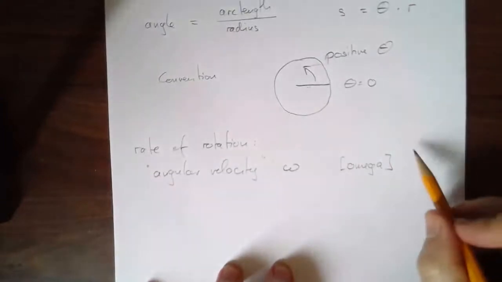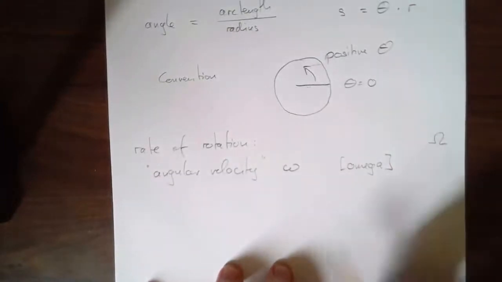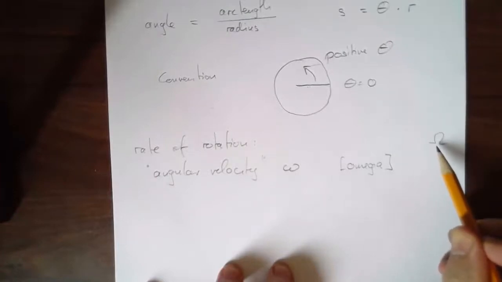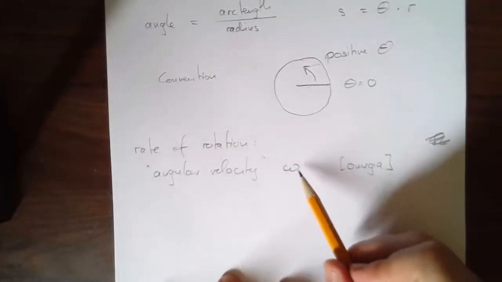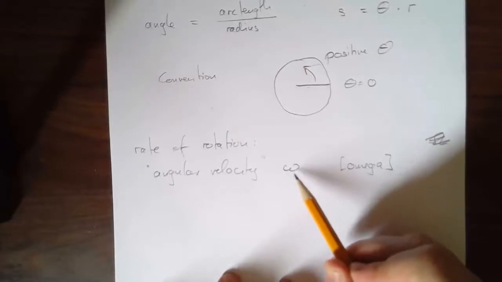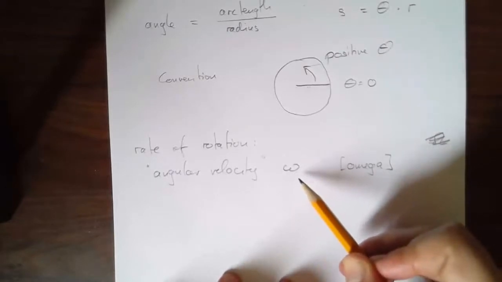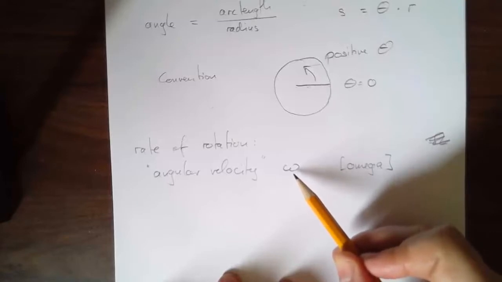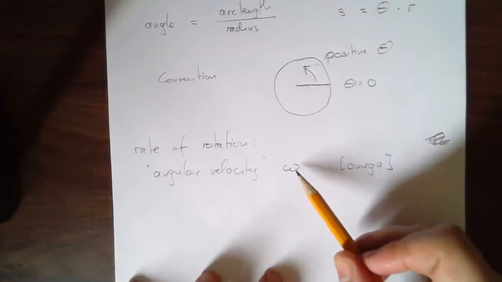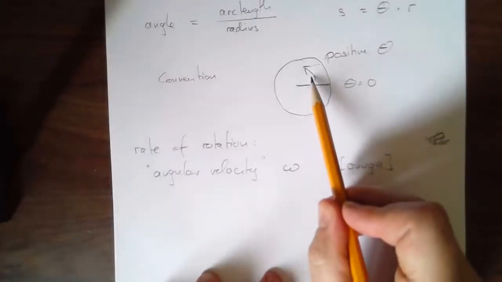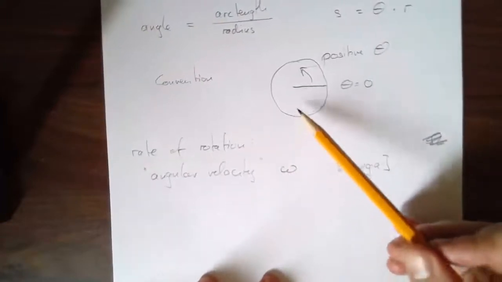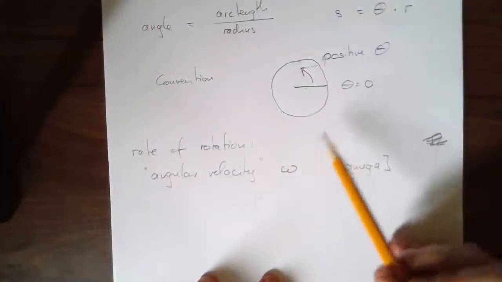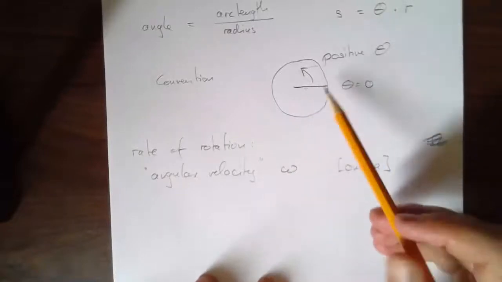You have met omega before in the context of, say, electrical resistance. The ohm had this omega symbol, but it's a capital omega, right? We don't want this here. We use the lowercase omega. That's essentially the same thing, not the same thing, but the analogous quantity as the v, the velocity in standard linear kinematics. And omega could be positive or negative. Positive in this case would mean going counterclockwise. Negative would mean going clockwise. Although you are of course free to define your directions differently, but it's a convention.